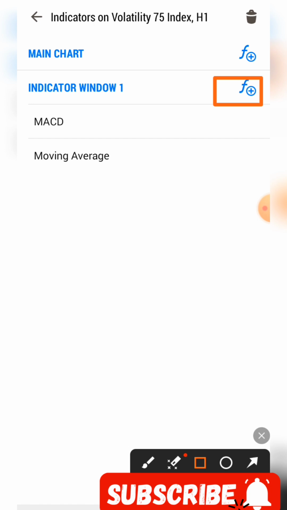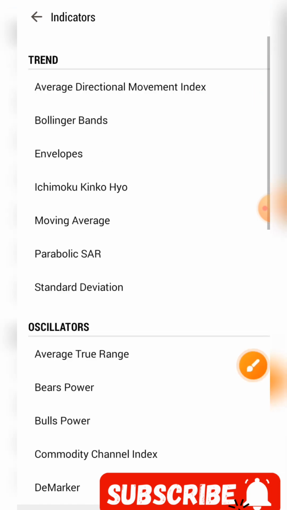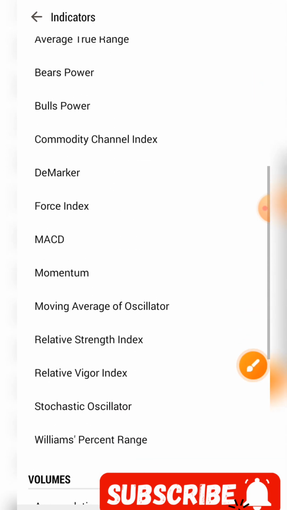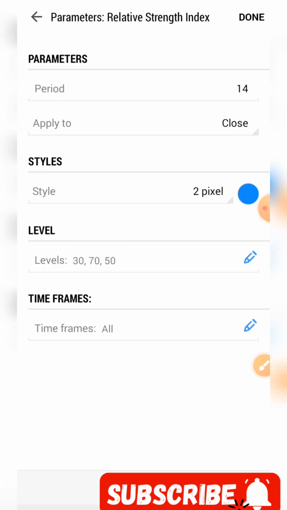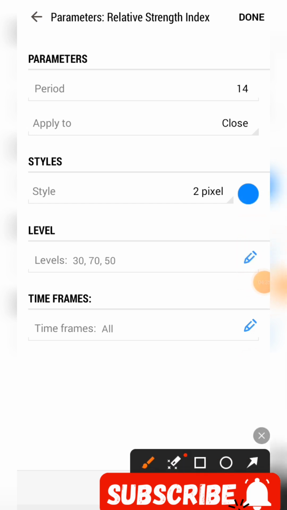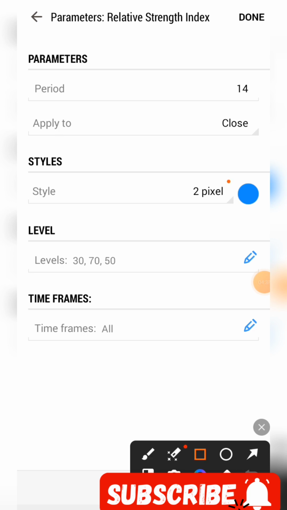This is where I'm touching again. Now I touch this place. This time around, I'm looking for the relative strength index because I want to get the lines that I need. Now, for newbies, this relative strength index,